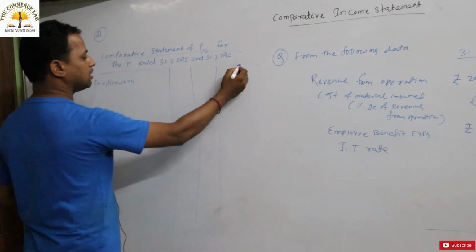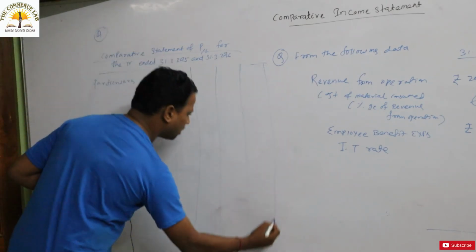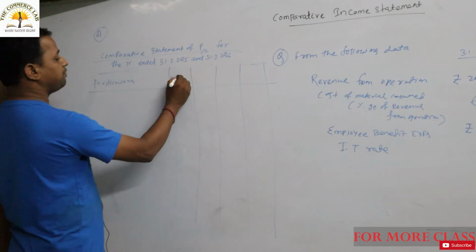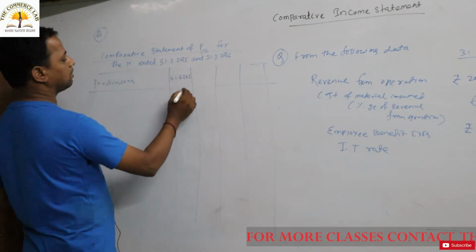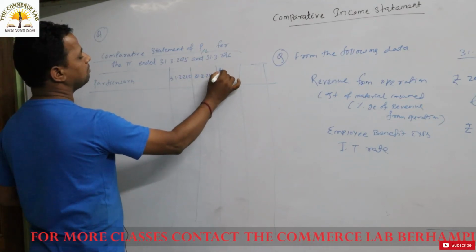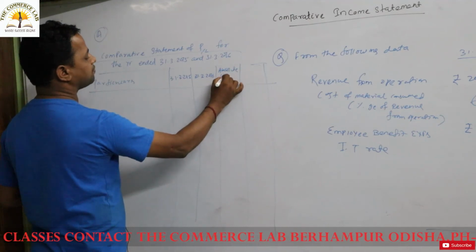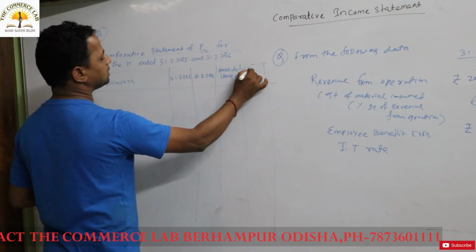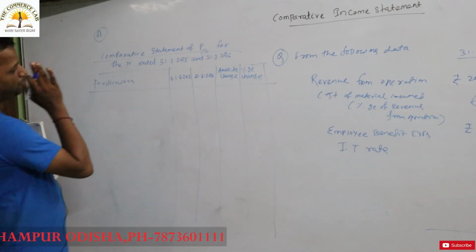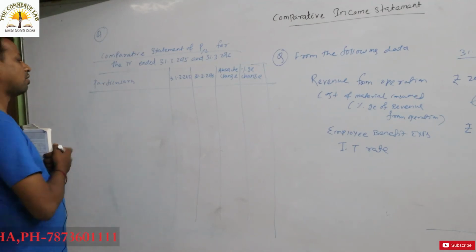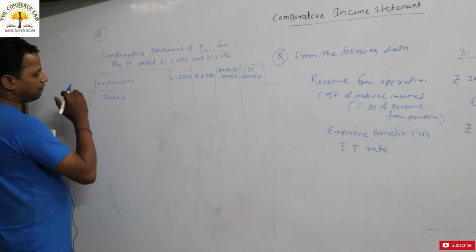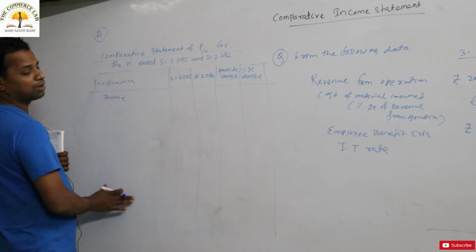So how many columns are there generally? Generally around 4 columns. The particulars column will be there. Then the previous year column comes first, not the current year: 31st March 2015, then 31st March 2016. Then the absolute change. Thereafter the percentage change. Okay, in percentage, how much the change has happened, all of that will come. While preparing the comparative statement of profit and loss account, the first item will be income. Then expenditure: we deduct the expenditure from income to calculate profit or loss.